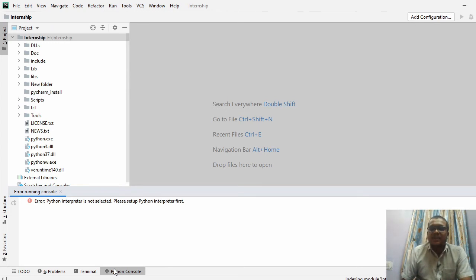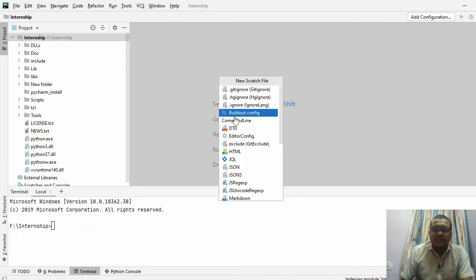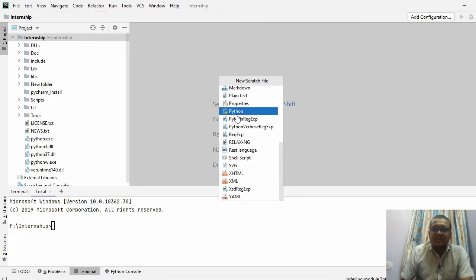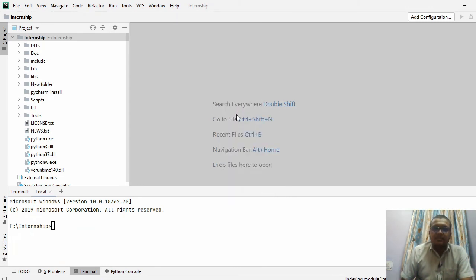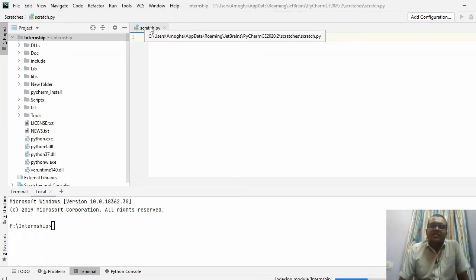The Python console is where you see the output you get from your program. Where you need to write a program: go to File, click on New Scratch File, and here search for Python. The file name here is scratch.